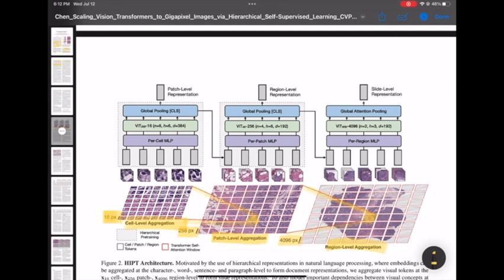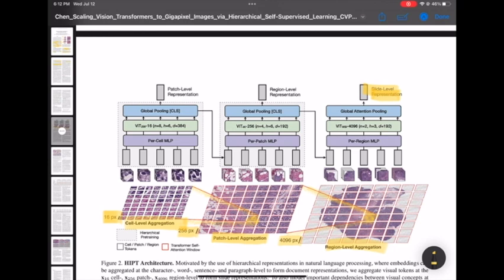So, for example, tumor-infiltrating lymphocytes or tumor distal lymphocytes, which are immune cells at the borders or the edges of the tumor. At this last level, visual tokens are aggregated to form a representation that is learned at the slide